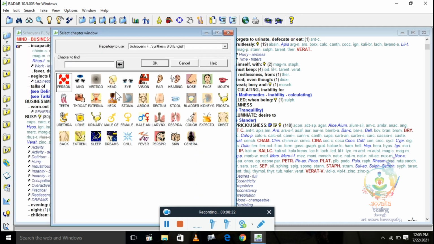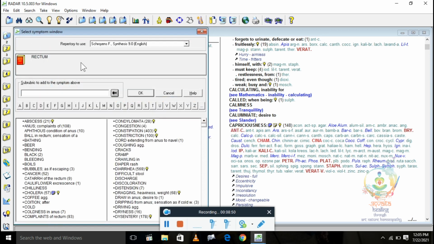Now let's see, we are adding a few more rubrics like that. We are going to the rectum. See, I am typing rectum here, and this box will directly go to that chapter. I have typed rectum and then pressed enter. So here rubrics will appear.